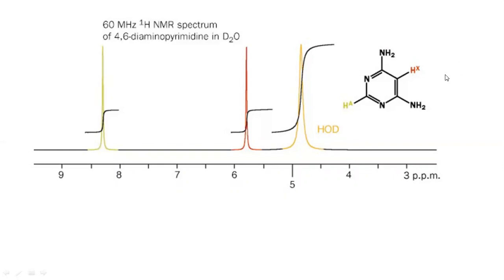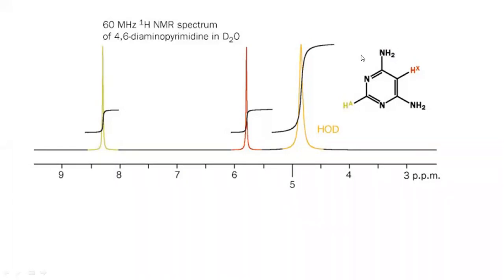Similarly, if you think about this HX, 1 bond, 2 bond, 3 bond, 4 bond, 4J coupling is possible, right? Here also 1 bond, 2 bond, 3 bond, and the NH bond is the fourth bond. Here also there is a possibility of 4J coupling, but that would not take place. The reason is, whenever we have exchangeable protons, the exchange rate with the deuterium is very, very fast, faster than the time required for this HX to sense the neighboring protons.